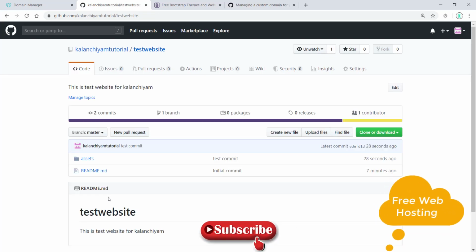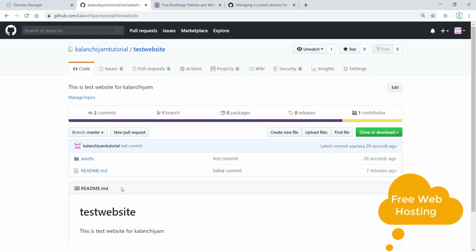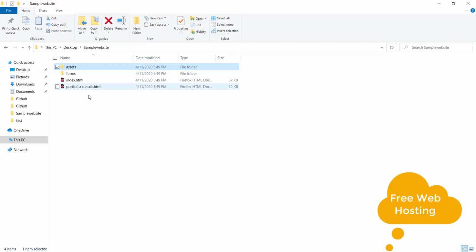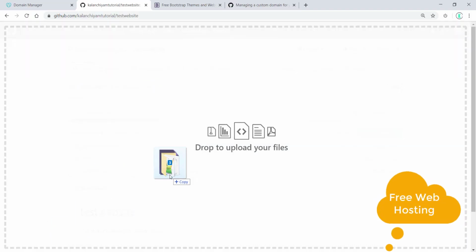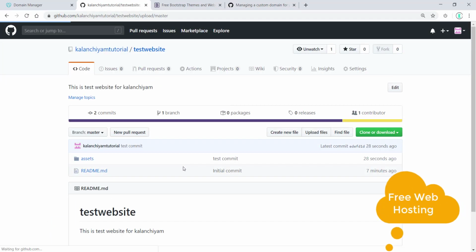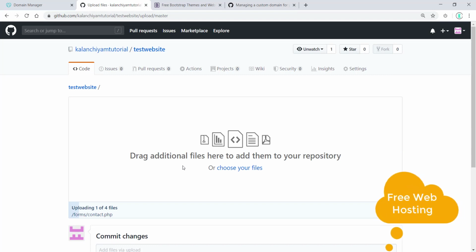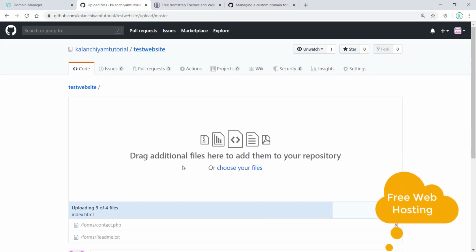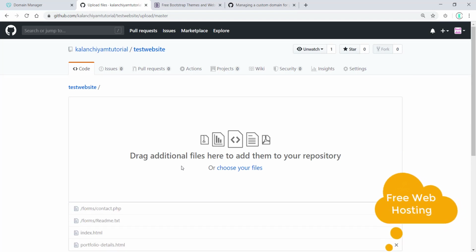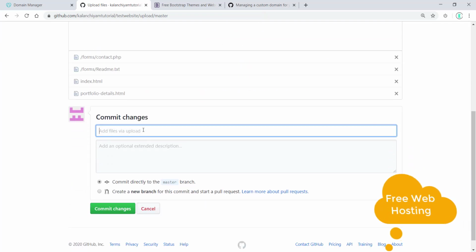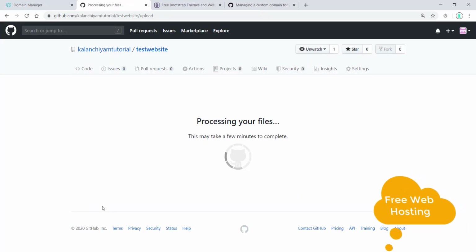Our files got processed. We'll upload the remaining files as well. It's uploading now. Because it's a few files, it doesn't take much time. Test commit. Giving the commit changes.